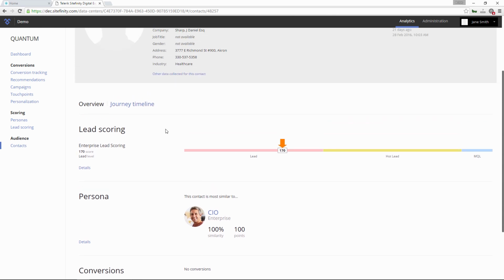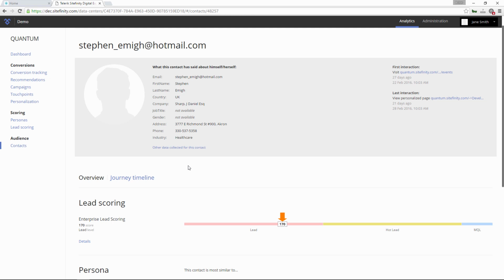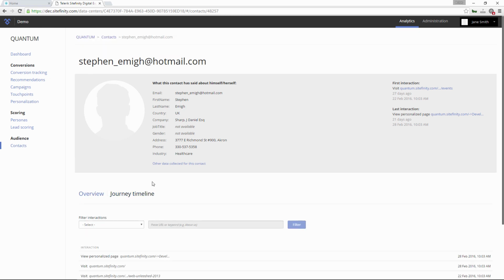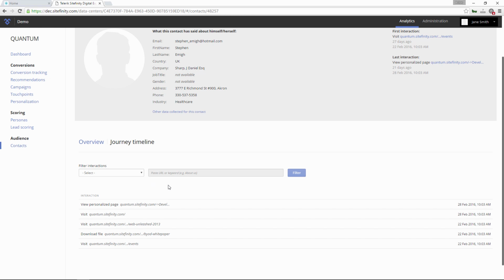Another thing that we can see with the improved 360-degree profile is the detailed journey timeline here, which will show a log of all the interactions that a given contact has had with the Quantum organization across all the digital channels that we collect data from and that are integrated with the Digital Experience Cloud.